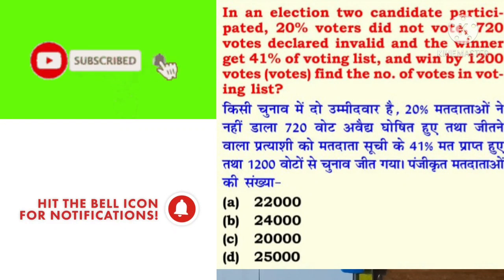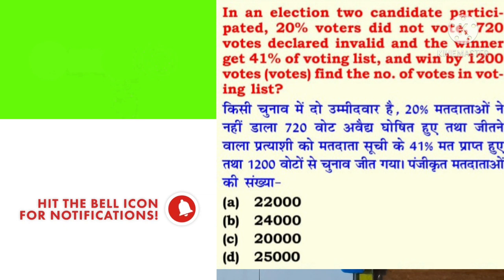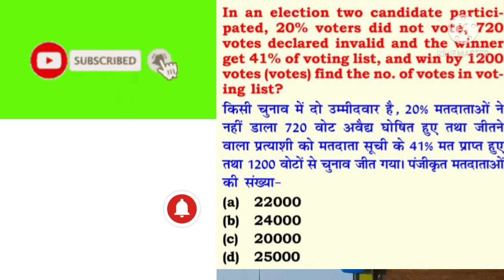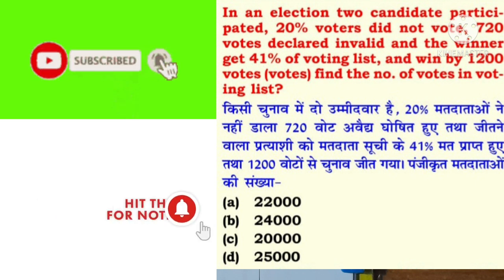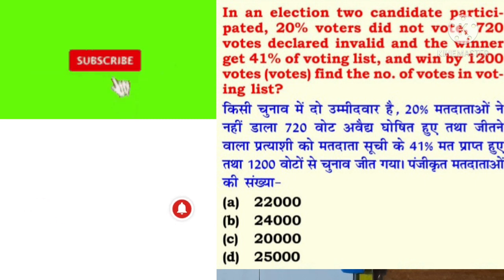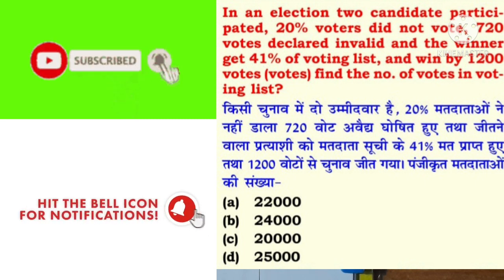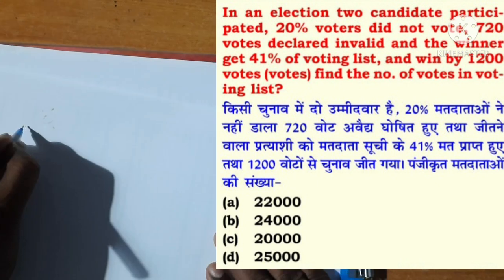In an election, two candidates participated. 20% of voters did not vote. 720 votes were declared invalid, and the winner got 41% of the voting list and won by 1200 votes. Find the number of votes in the voting list. Take voting list